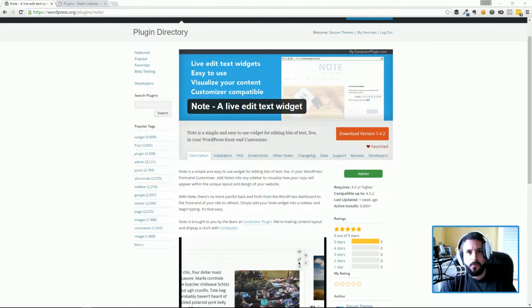Today we're looking at the Note plugin. You can get the Note plugin for free at wordpress.org/plugin/Note. Note allows you to create live front-end editable text widgets anywhere that your WordPress site accepts widgets. Anywhere you can place a WordPress widget, you can use Note to go to the front end and live